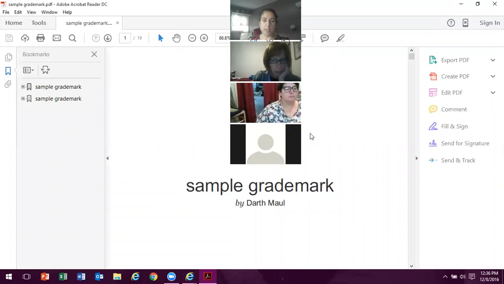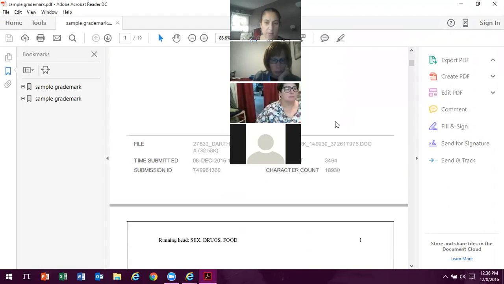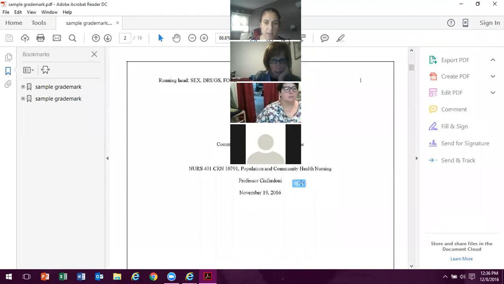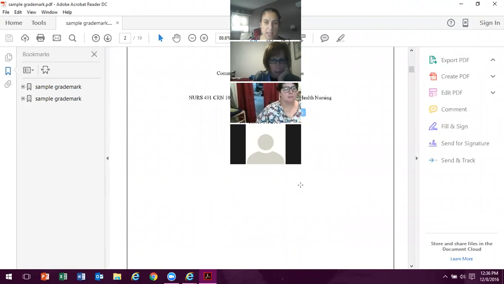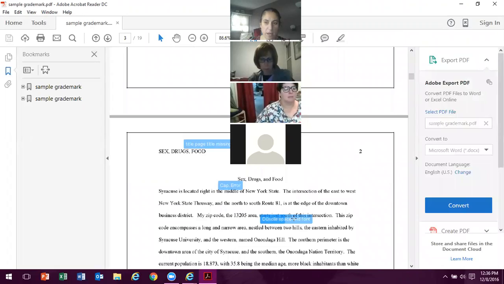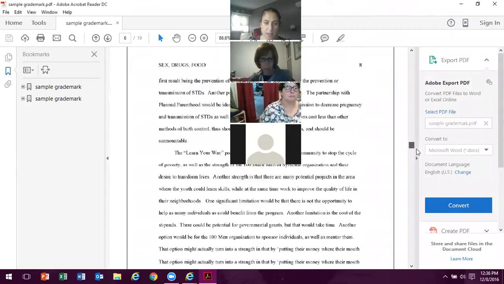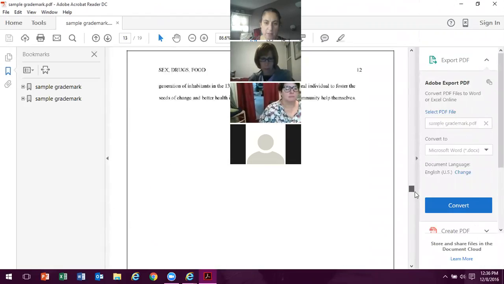So when you open the paper, this is what the student will see if they open it. And as they scroll down, you can see comment 1 is here. Comment 2 is there, 3 and 4 are here. And so when they scroll, I'm going to scroll so don't get dizzy. When you scroll to the end of the paper,